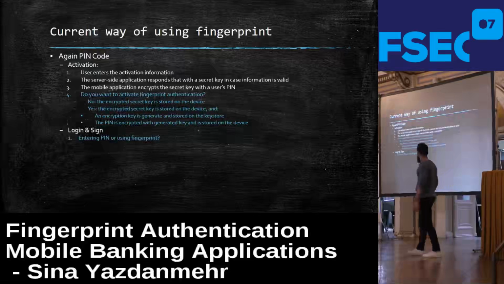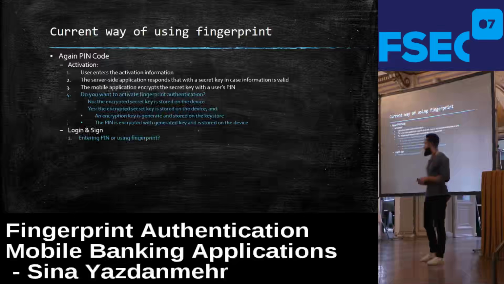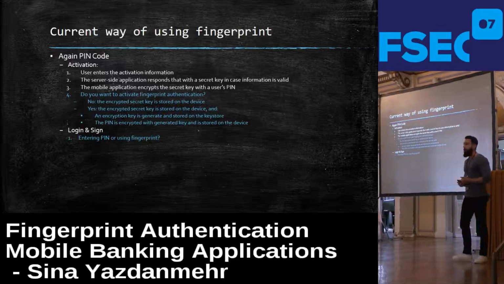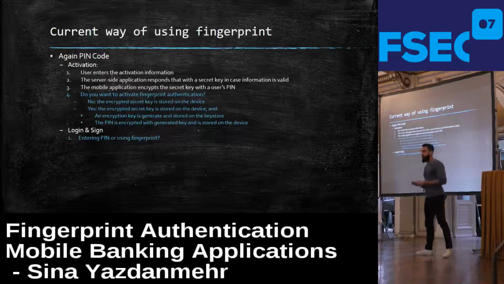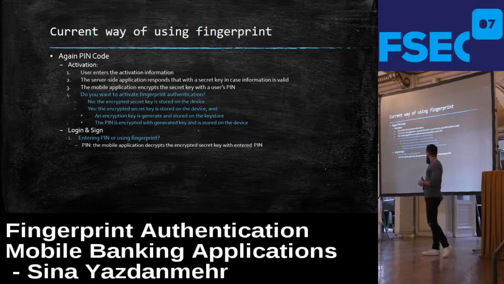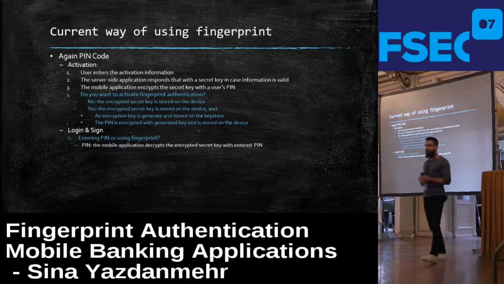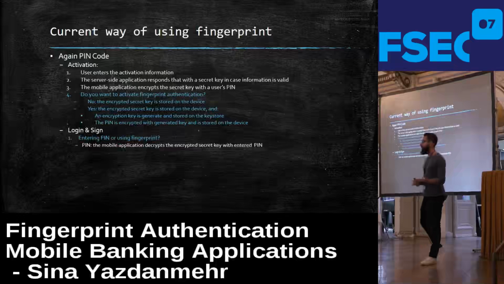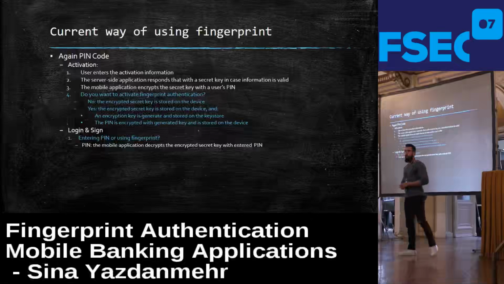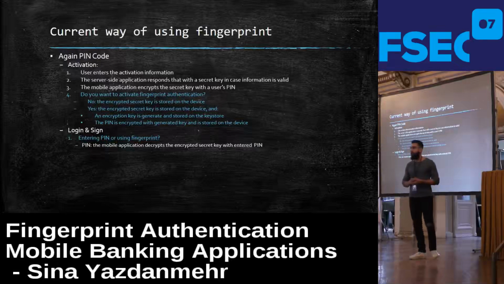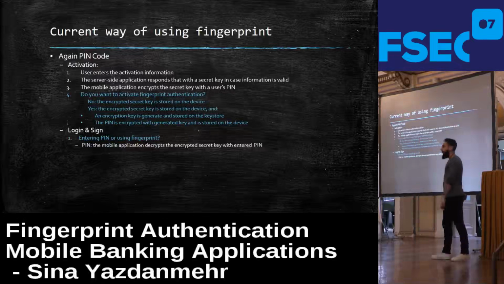After that, when the user wants to log in or sign a transaction, the application first asks the user which way of authentication they would like to use. If the user wants to use the PIN code, everything will be the same as in the past. The application receives the PIN code, decrypts the ciphertext of the secret key, and uses the plain text of the secret key in order to generate the OTP and other things. But